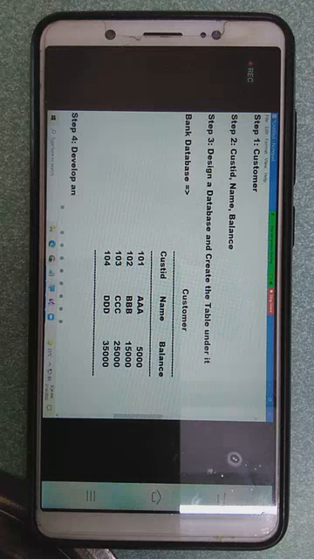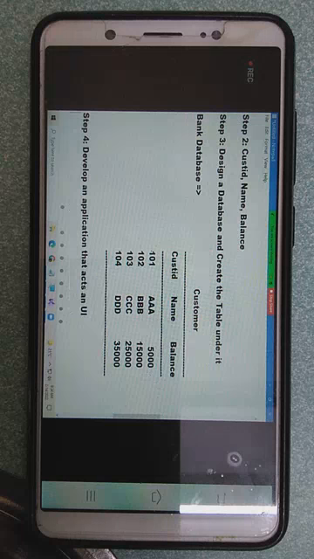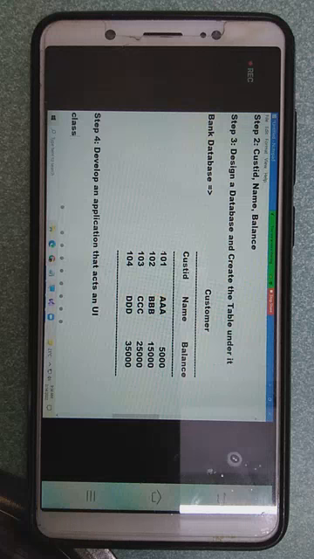Develop an application that acts as a UI. It's going to act as a UI. Okay now? So what to do? You need to define a class now. Class. What is a class